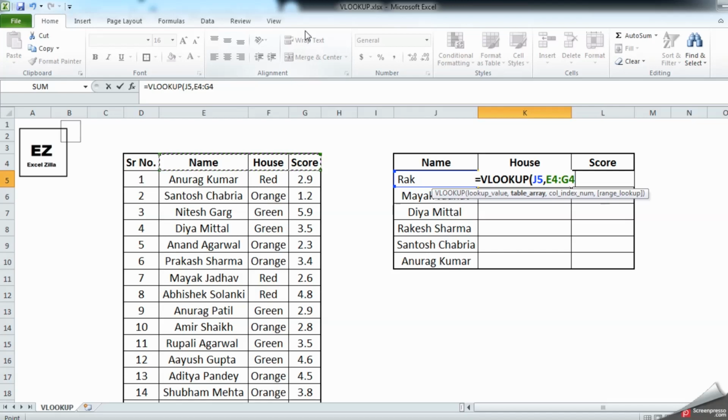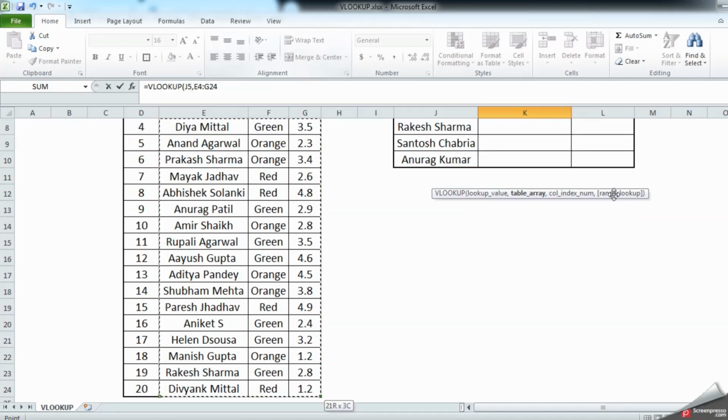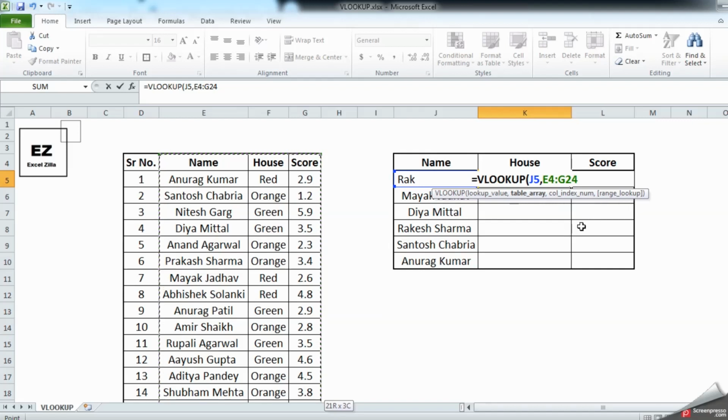So this part is also over. Moving on to the next part, we need to give a comma. Now it is asking you to give a column index number. So let's understand what the column index is. These are the columns.